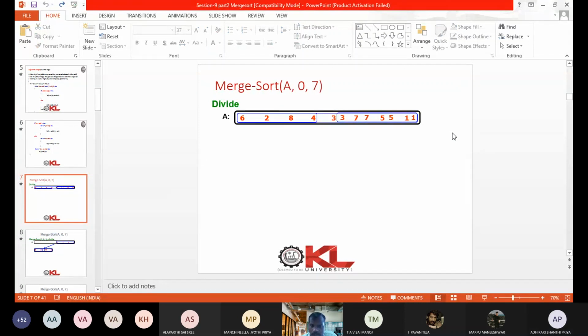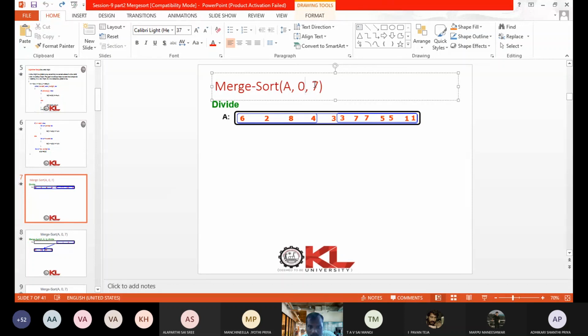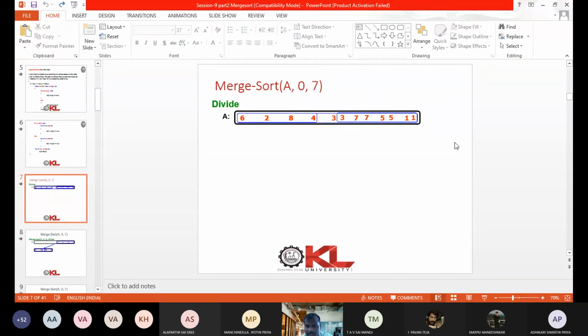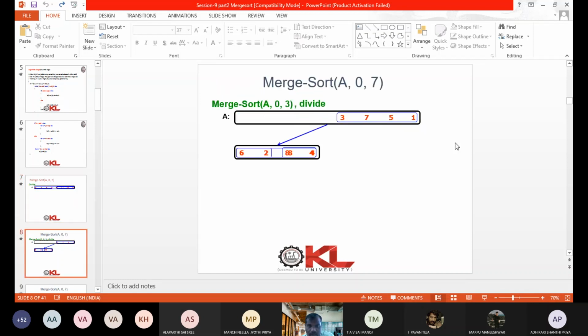So here merge sort on array A, low is 0 and high is 7. See the elements there. The first part contains elements 6, 2, 8, 4, and the second part contains elements 33, 77, 55 and 11.